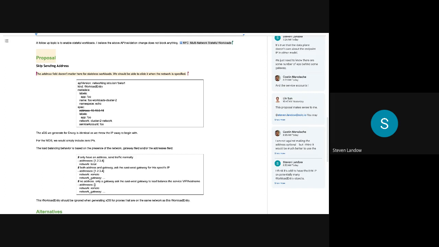And right now, the fact is if I just put any address in there, it doesn't matter what I put as long as I have that network field and there's a gateway for that network. We're just going to ignore it. I think it would be nice to actually handle that properly in istiod rather than have some areas of the code that say, oh, there's an address here, I'm going to use that as a key in some map, which I think there's one thing that does with auto registration, which might not be relevant to this,